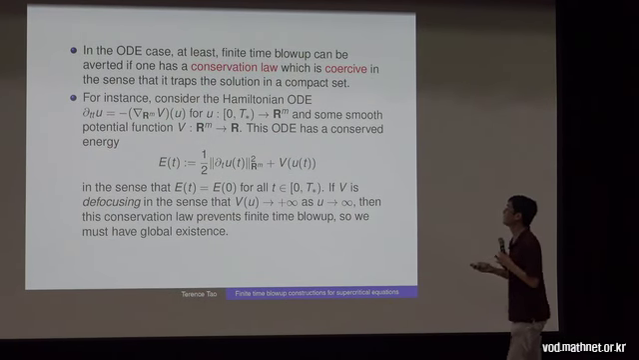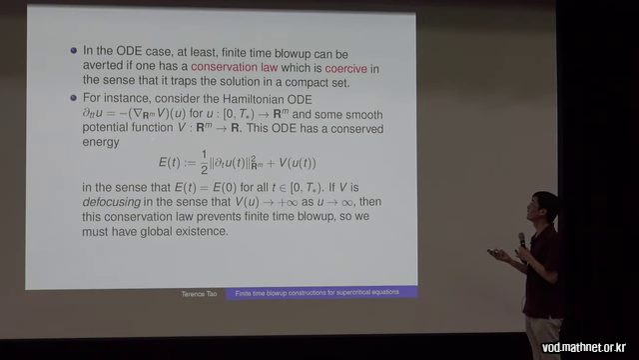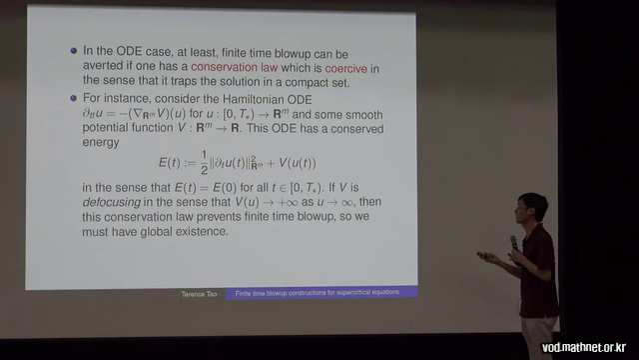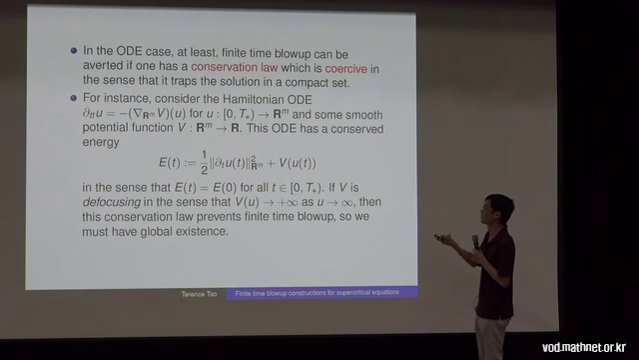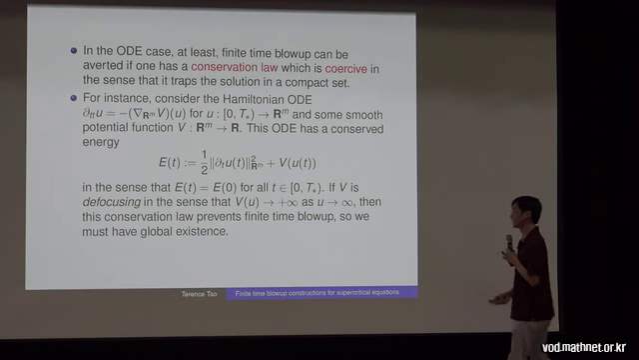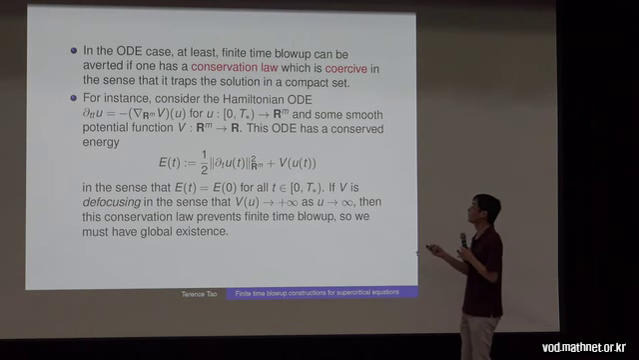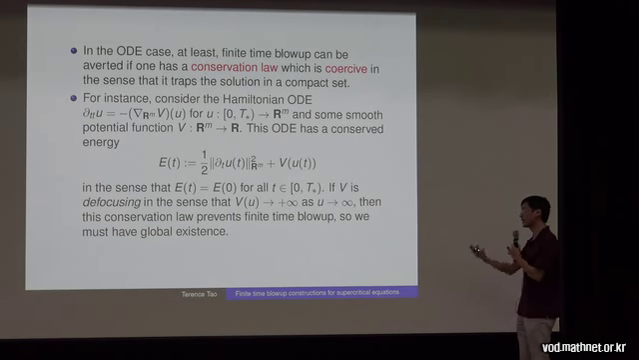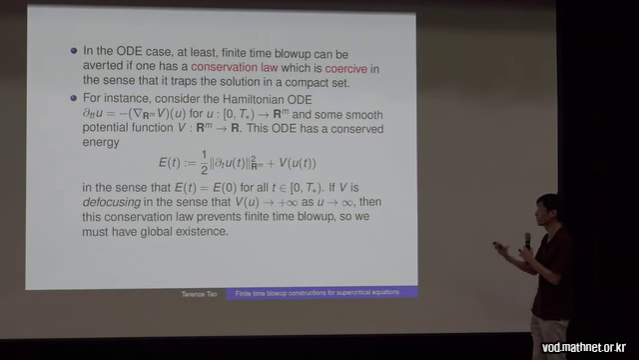And in this case, there's a conserved energy. The conserved energy is the kinetic energy, half the square of the velocity, times mass, but let's normalize mass to be 1, plus the potential energy. And so this is conserved by the flow. Energy is conserved, so the kinetic and potential energy can trade places with each other, but the total energy